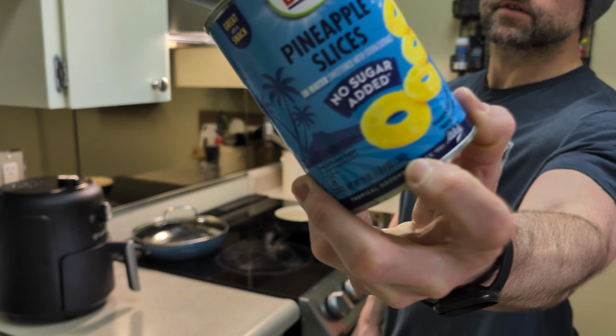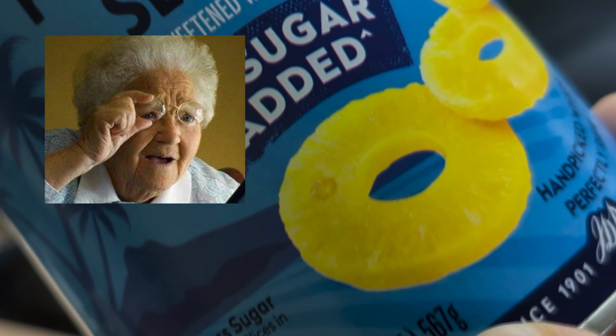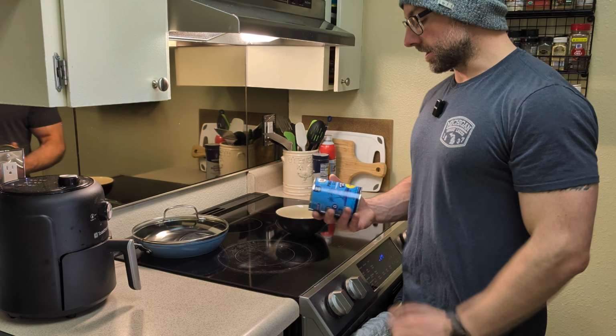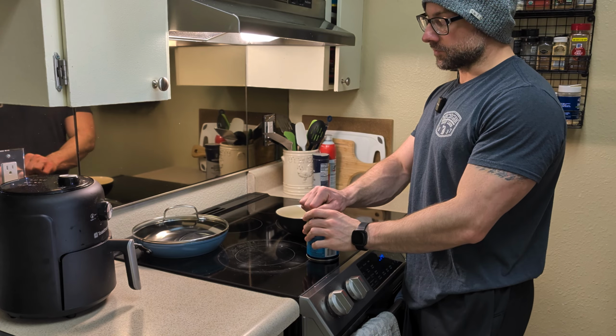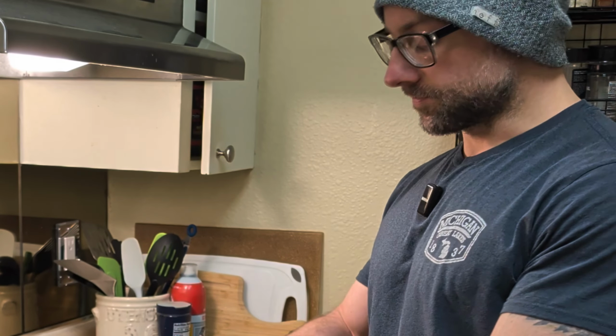It's 567 grams. I just threw that in Macro Factor. It came out to 224 calories, all carbs, 55 grams. I'm hungry. So